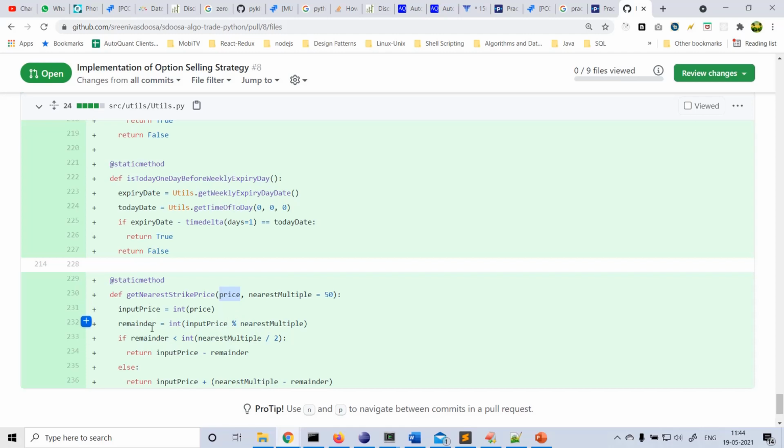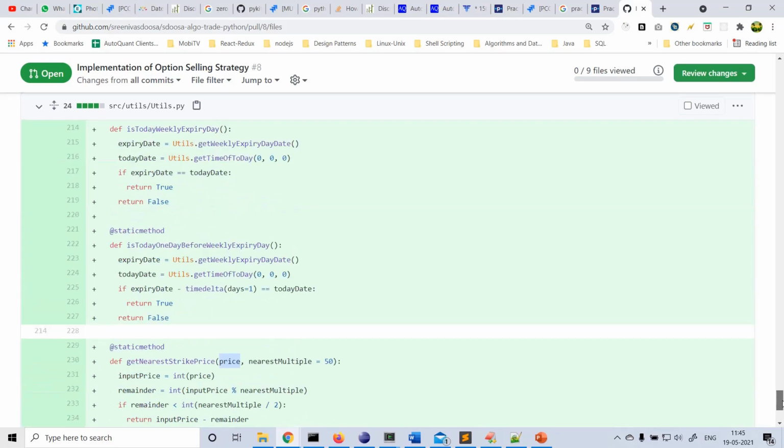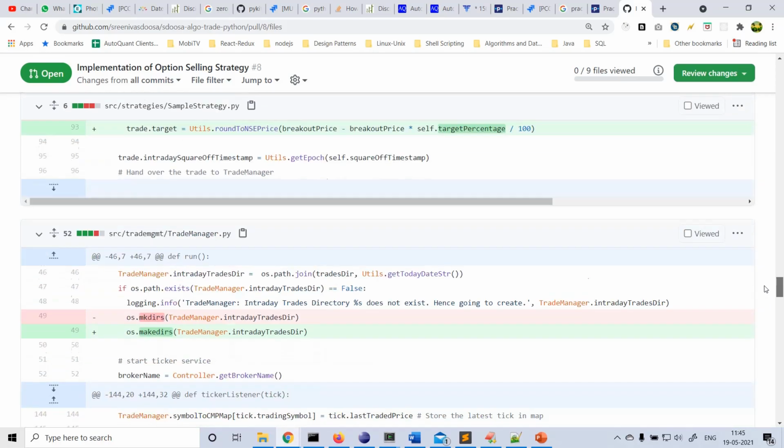In case of Bank Nifty, if you are calling this function for Bank Nifty, then you have to pass the second argument as 100, right? Bank Nifty option strikes differ by 100 points each. Okay, these are the new utility functions, and we are going to use them in our strategy.